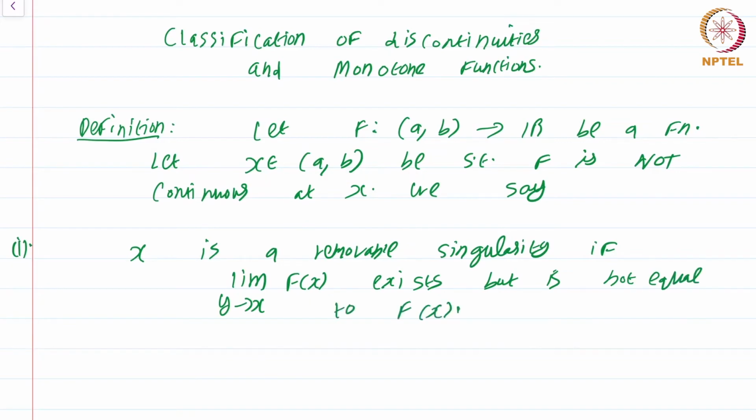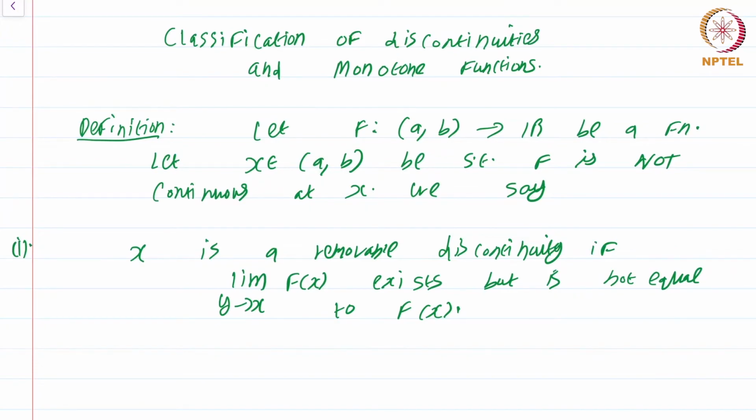That means the limit values exist. Just a second, I will not call it a removable singularity, I will call it a removable discontinuity. I want to reserve the term singularity for more pathological things later in the course. So x is a removable discontinuity if the limit as y going to x of f(y) exists but is not equal